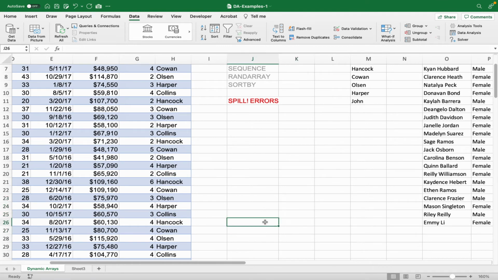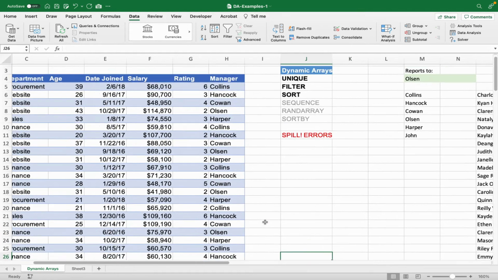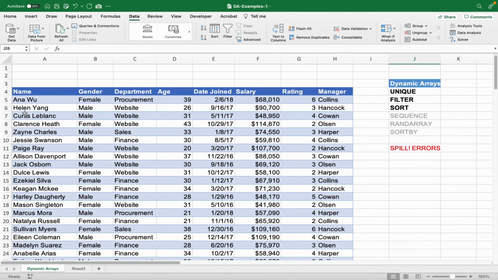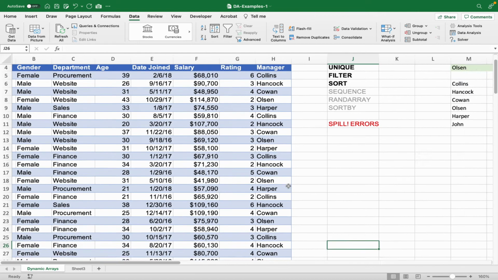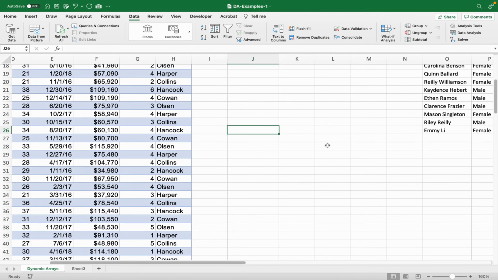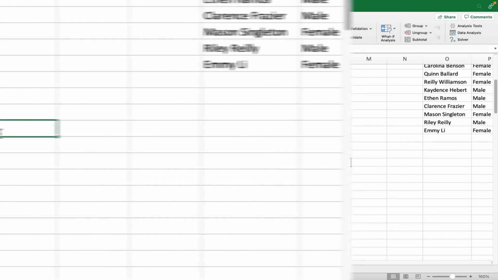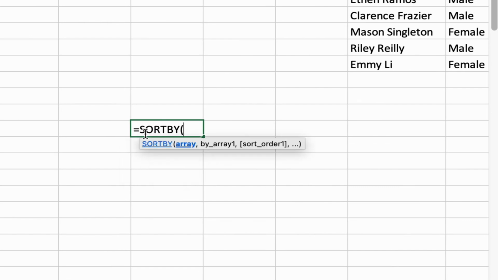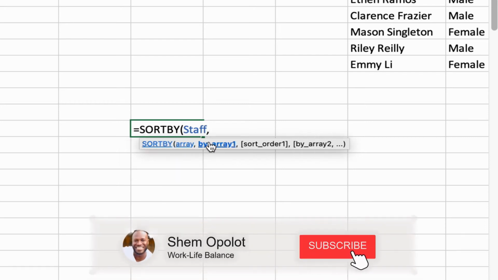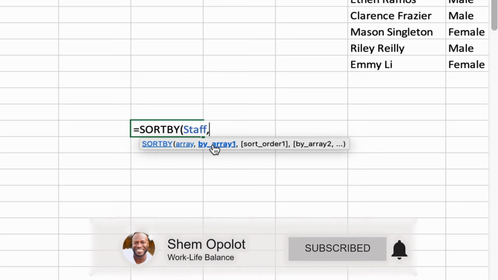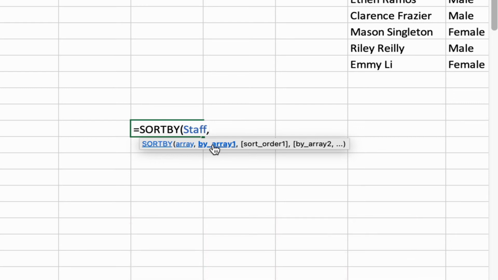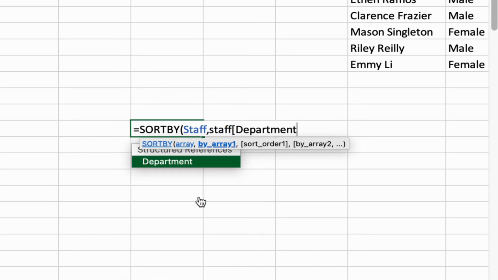Now let's use an example. For example, if you want to sort the staff members by department and then by their salary, something like that, we would use SortBy. So let me come down here, and so we do SortBy. Okay, so the array is our table called staff. Then the next argument is by array 1, meaning what is the first array you want to sort by. And in this case, what we want to sort by is department,